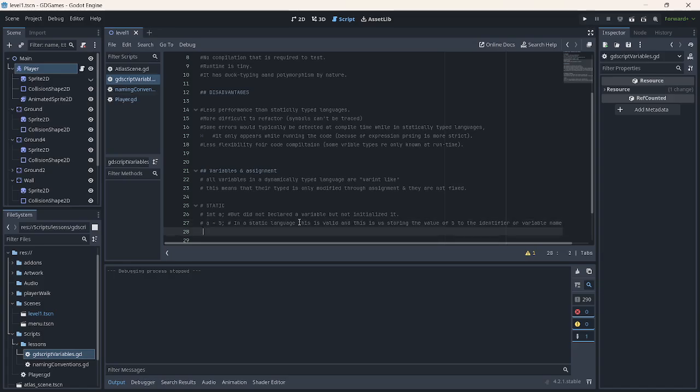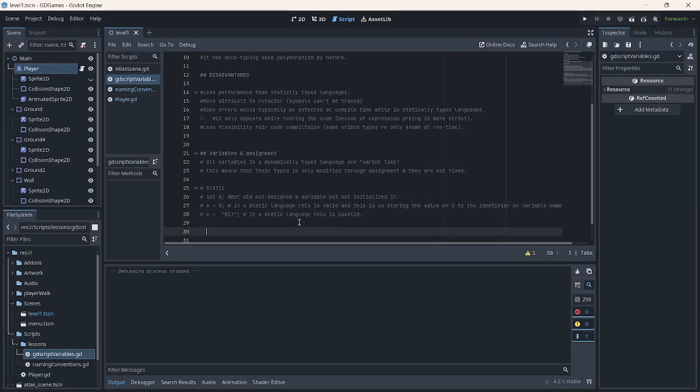In a static language, we declare that this is an integer with the keyword int, and we have an initialized value of A. So if we use a string literal like hi here, in a static language, this is invalid because specifically we have that keyword int, which means integer.